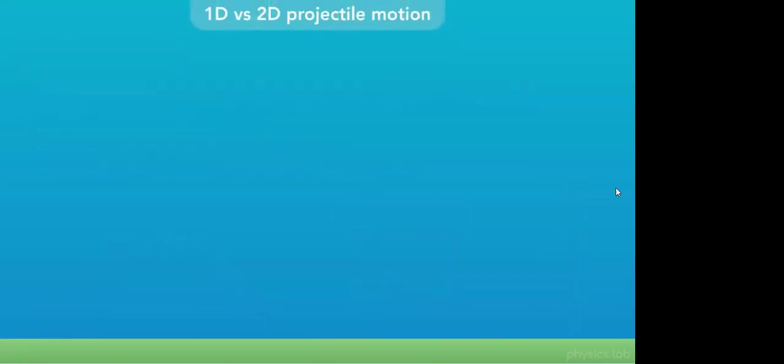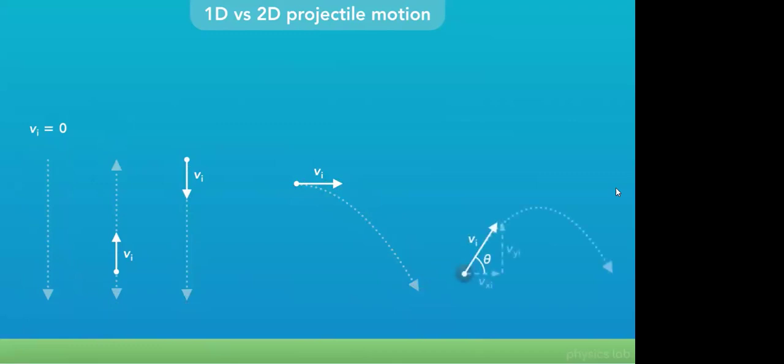Now let's talk about one-dimensional versus two-dimensional projectile motion. Here's a few different scenarios that we might see. An object could be dropped from rest, meaning it has no initial velocity, and it falls straight down. It could have an initial upwards velocity, so it moves up and then falls down. It can have an initial downwards velocity, so it falls down. It can have an initial horizontal velocity and falls sideways. And it can also have an initial velocity at an angle, so it has an initial horizontal velocity and an initial vertical